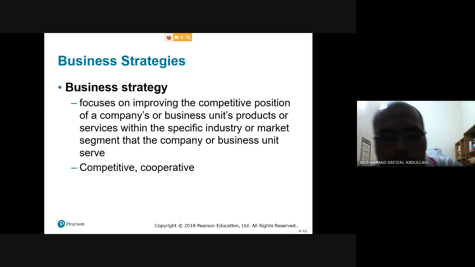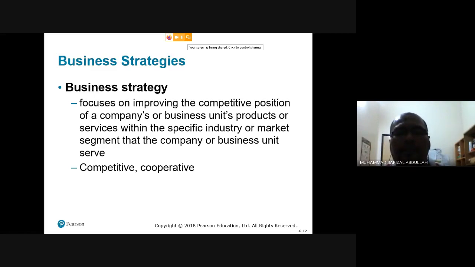Okay, class. Business strategy can be divided into a competitive strategy and cooperative strategy. Remember, this is a very important roadmap. When we talk about business strategy, it is divided into two main types of strategies,